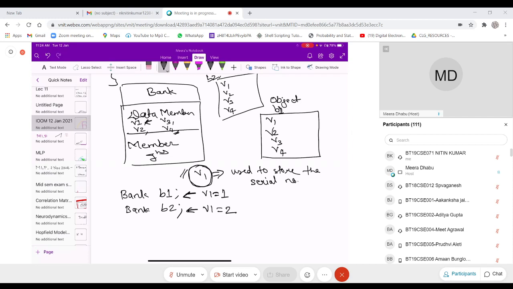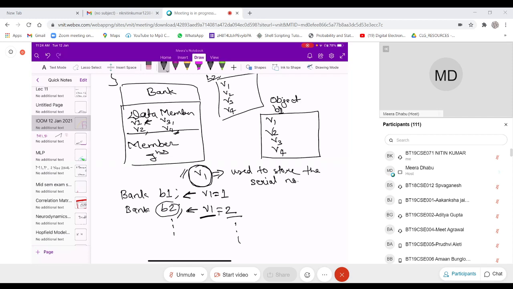But who will convey, while creating these objects, that now the value of V1 should be 2, or whatever it is, depending on how many objects you have created? So the kind of feature I want is one variable which should be common to all the objects of that class.